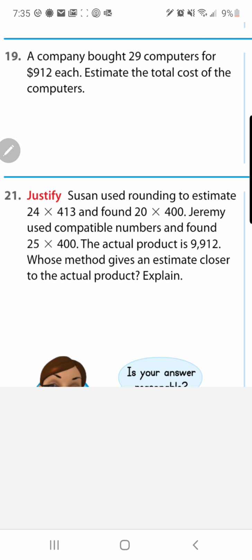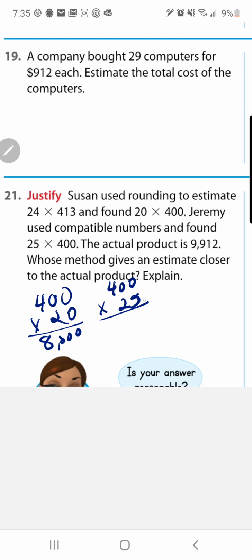Jeremy used compatible numbers and found 25 times 400. The actual product is 9,912. Whose method gives an estimate closer to the actual product? Well, the estimate that Susan came up with, when you multiply 20 times 400, gives you 8,000, right? And if you use the compatible numbers, 400 times 25, that gives you a product of about 10,000. So which one's closer to the actual 9,912? Well, it's the compatible one,